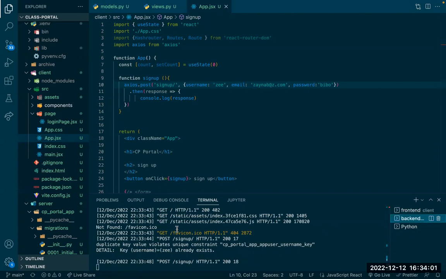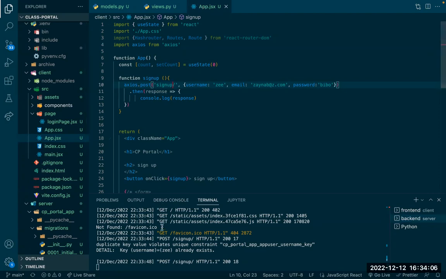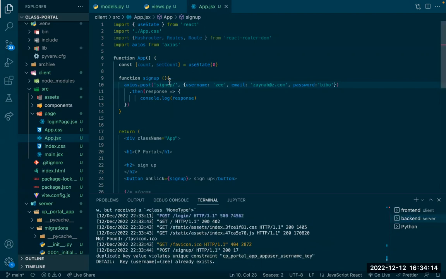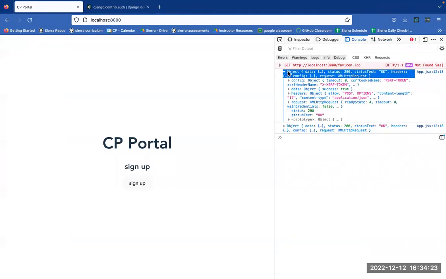The backend terminal shows that you got a duplicate already. Yeah, so it looks like duplicate key. I pressed it twice, so I think the first one worked, but the response log did not have. Oh, actually, I wasn't looking at the log. I forgot. Okay, so we got back